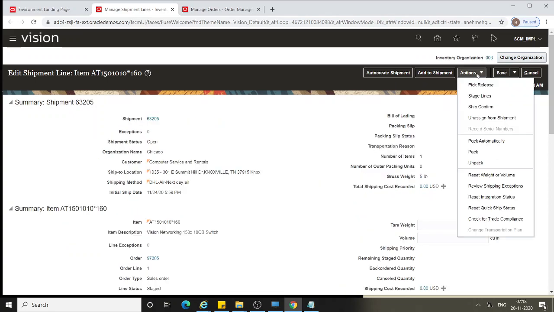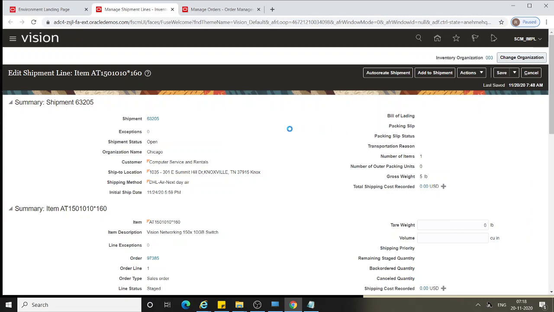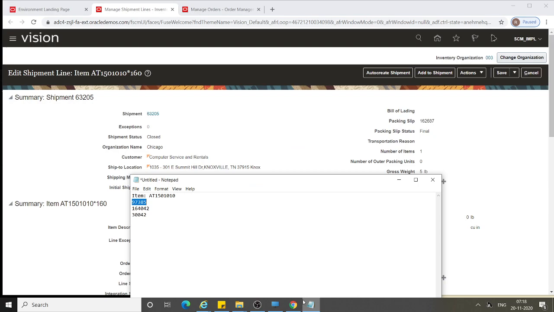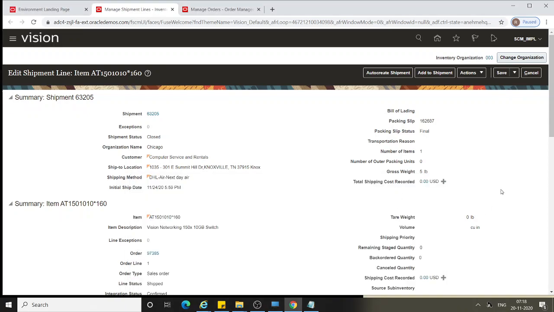Okay, so we did the pick release. The next thing is we will click on ship confirm. So shipment 63205 was created. So now we did the picking and shipping using one single step. Click on save.